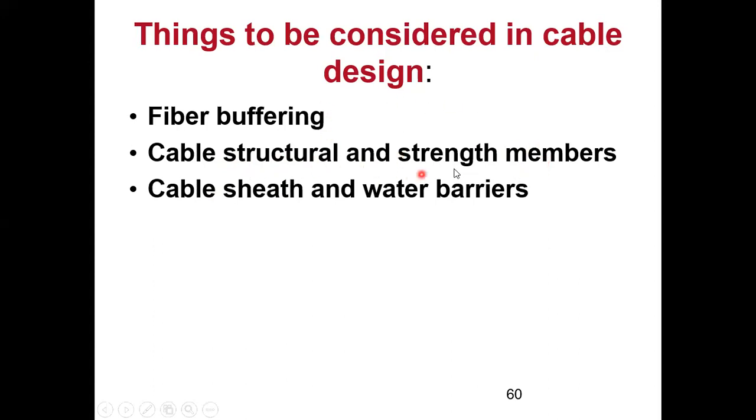Now once it is all strong, I need to also protect it from water. The cable might be on the roadside where a drain is there. So that water should not enter, or if it is in a chemical factory, if those chemicals are in close vicinity, they should not spoil my fiber. So then I need to provide a cable sheath, and I need to have some water barriers. All these things will encompass the cable design. So at least a little bit you could understand.